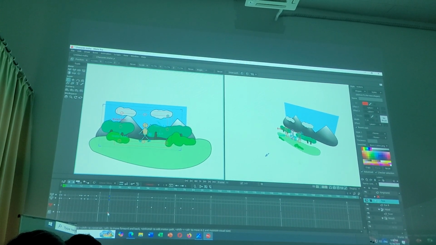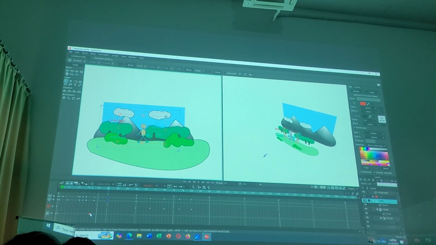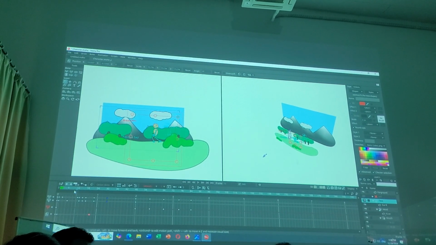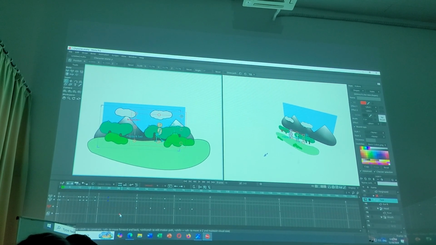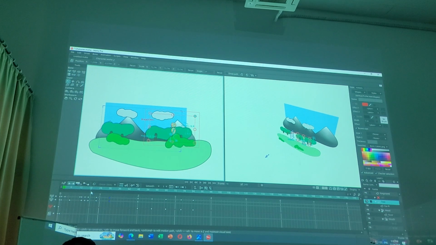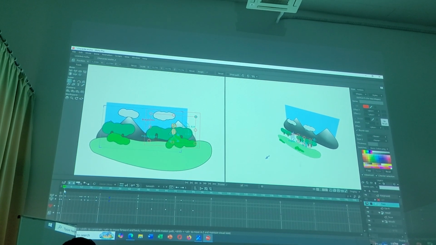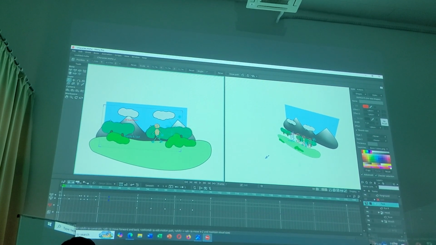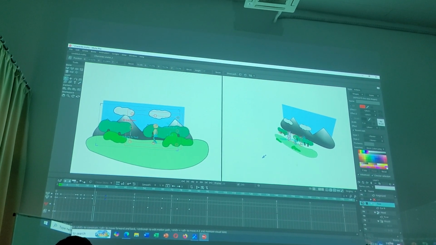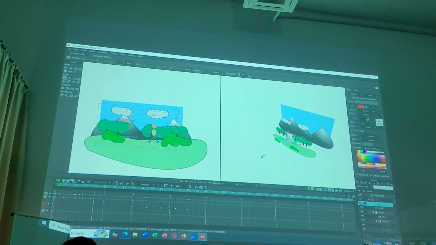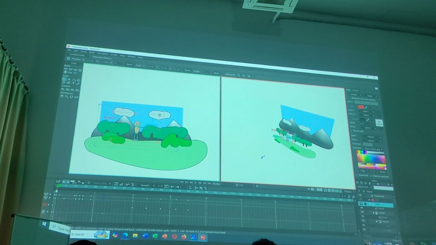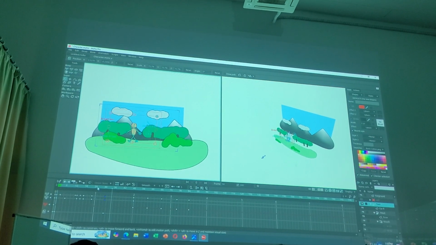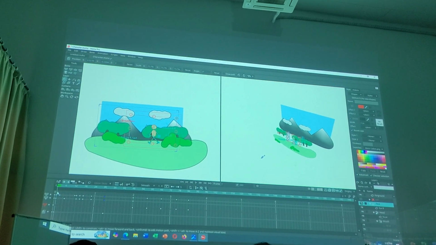Let's just see. The starting point is a bit way too towards the back, so I'm gonna place it here. Someone's receiving messages left and right. Let's see how that works. Okay, much better. So the character walks,